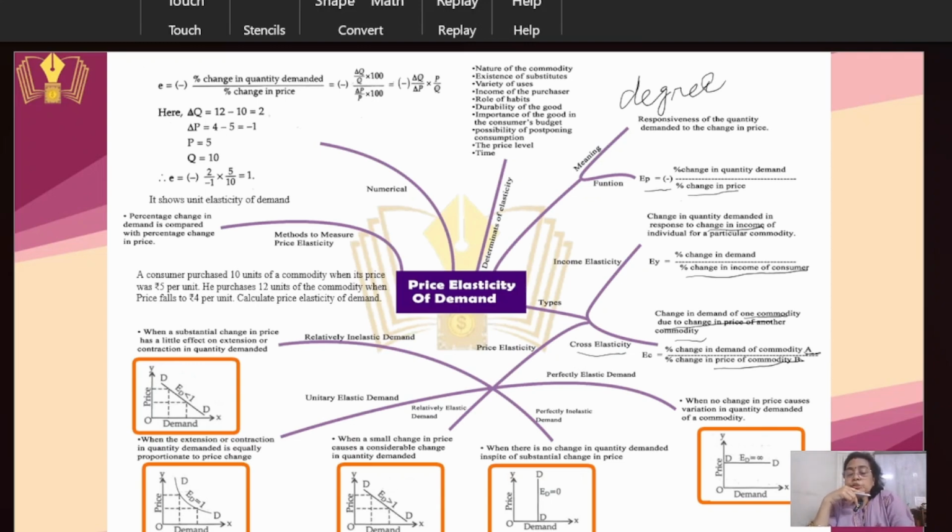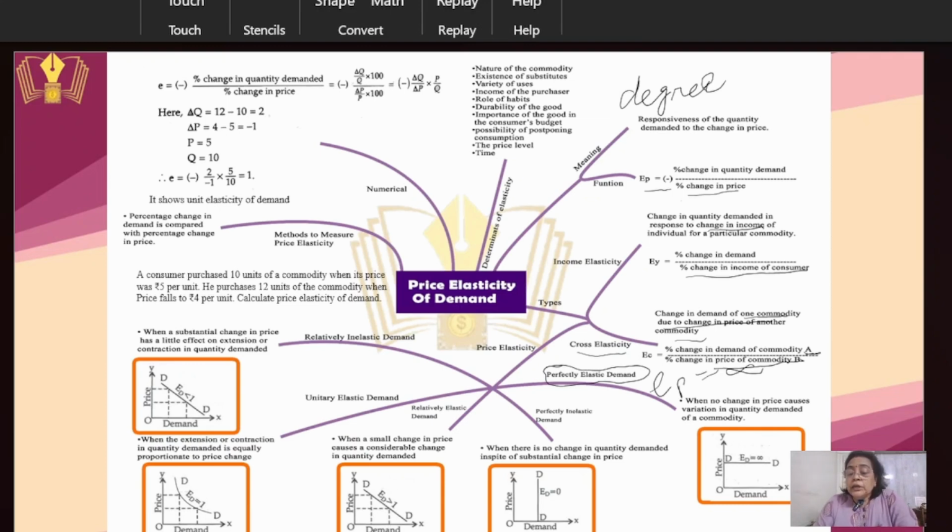Now let us proceed to the degrees of elasticity of demand. First, let us take perfectly elastic demand. Perfectly elastic demand can be written as EP equals infinity. It means that due to little change or no change in price, when it causes variations in quantity demanded of a commodity to any limit, it is called perfectly elastic demand, which can be denoted by EP equals